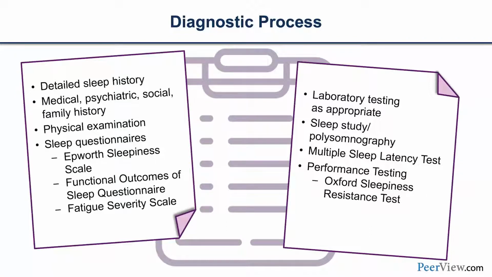In these common situations, they're likely to doze. We also do a modified FOSQ, Functional Outcomes of Sleep Quality questionnaire. It gives us an idea. We do a fatigue severity score, and I actually do an insomnia index in these patients because the insomnia index sort of gives me some idea of the disrupted nocturnal sleep. You can say, well, what on earth, insomnia index? These people can sleep anytime they want to. But remember, the narcolepsy patients do have disrupted nocturnal sleep.